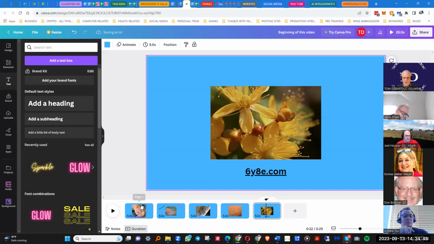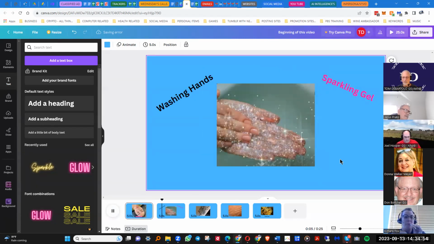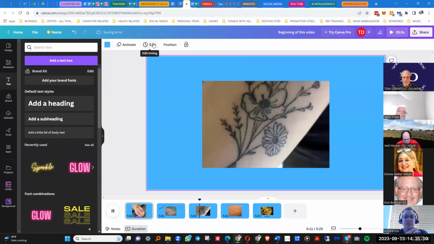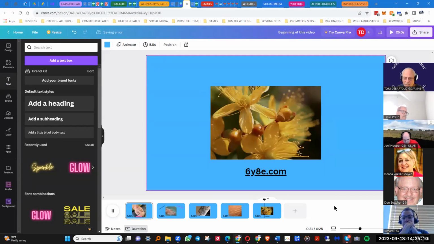Now, if you want to see what it looks like, you just go back to the first frame, and over here, just like any video, you click on the video, 5 seconds, and you'll see it changing. Each one is 5 seconds, and you can also change the time up on top. See? Now, that's the last thing that people will see in your advertising.